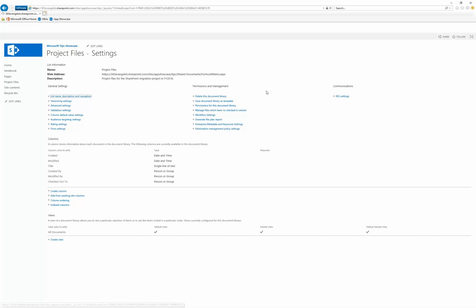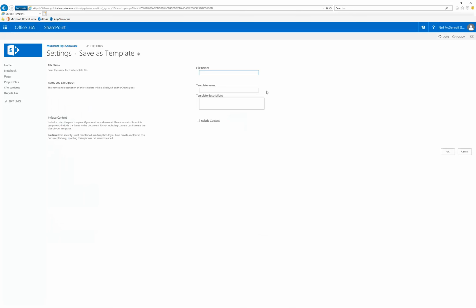And while we're clicking on that, I'll mention to you, sometimes you create a document library and it's set up correctly, it's got the right metadata, and you want to use it again. Let's say you have a document library for fiscal year 2017 and fiscal year 2018 is coming along, you want to use a different library, but the way you had made it perfect in 2017. Or maybe you got a colleague at another office who likes what you've done and they want a copy of it. You can save your document library as a template right here, and we'll just call this, for the moment,